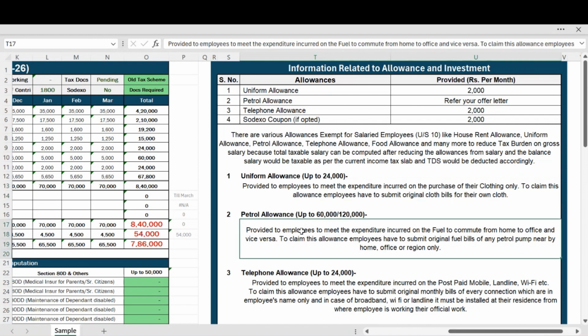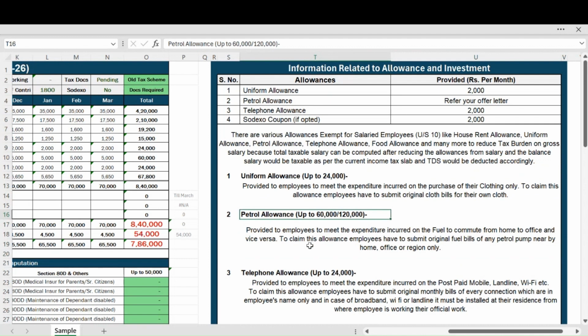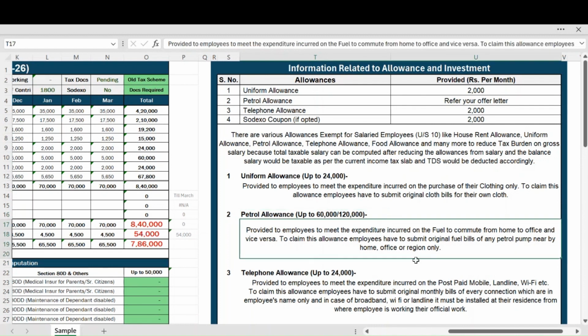Second point is the petrol allowance. This is again 60,000 या 1,20,000, whatever जो भी आपको मिलता है, provided to employees to meet the expenditure incurred. अच्छा, ये सारी चीजें जो इसमें लिखी हुई हैं ये तब applicable थी before the COVID. Now we have three options: hybrid, work from home, work from office. So I'm not saying कि आपको पेट्रोल बिल सिर्फ नोएडा का ही देना है, because you can see it's written here, provided to employees to meet the expenditure incurred on the fuel to commute from home to office and vice versa. आप घर से ऑफिस आओ, ऑफिस से घर जाओ, बस उतने के लिए पेट्रोल बिल आप अगर लगाते हो तो आप क्लेम कर सकते हो।